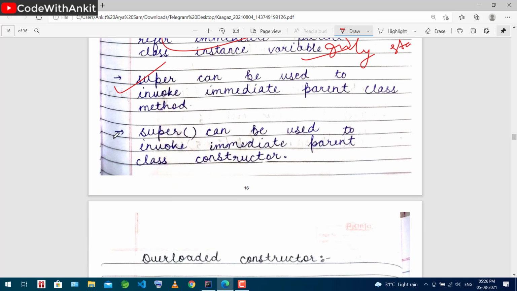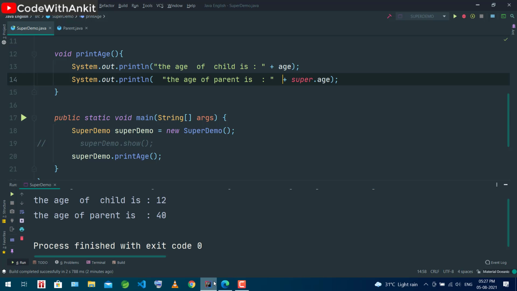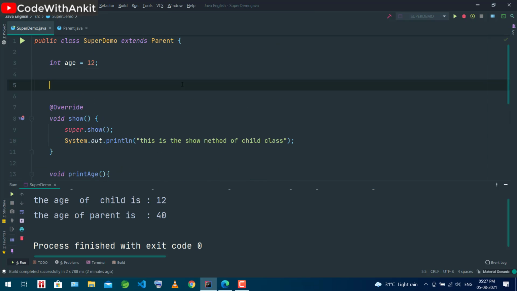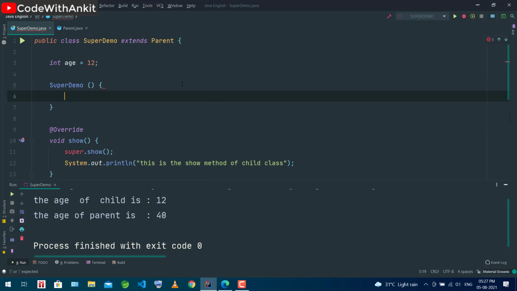Now the third one: super can be used to invoke the immediate parent class constructor. What is this? I hope you are all aware of constructors. If I have to make a constructor here, I write Super demo, and this is the default constructor of the child class.